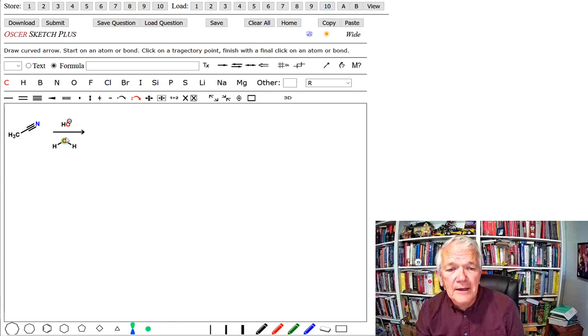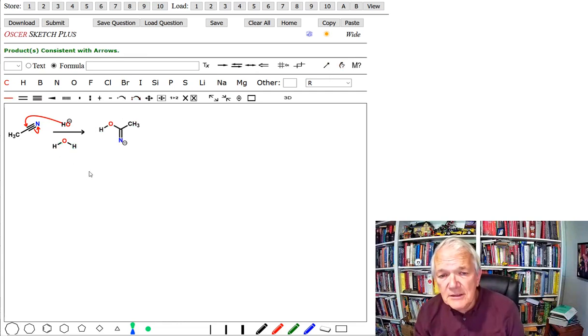So let's start by attacking the nitrile here with the hydroxide, which will attack the carbon and push electrons out onto the nitrogen, very similar to the way it would attack a carbonyl. So this will give us a strange-looking species, which basically requires an enol tautomerization, except of course it has a nitrogen in here. And so the double bond is going to reach out and grab that proton, and those electrons will then form the carbonyl. So this will give us essentially a deprotonated